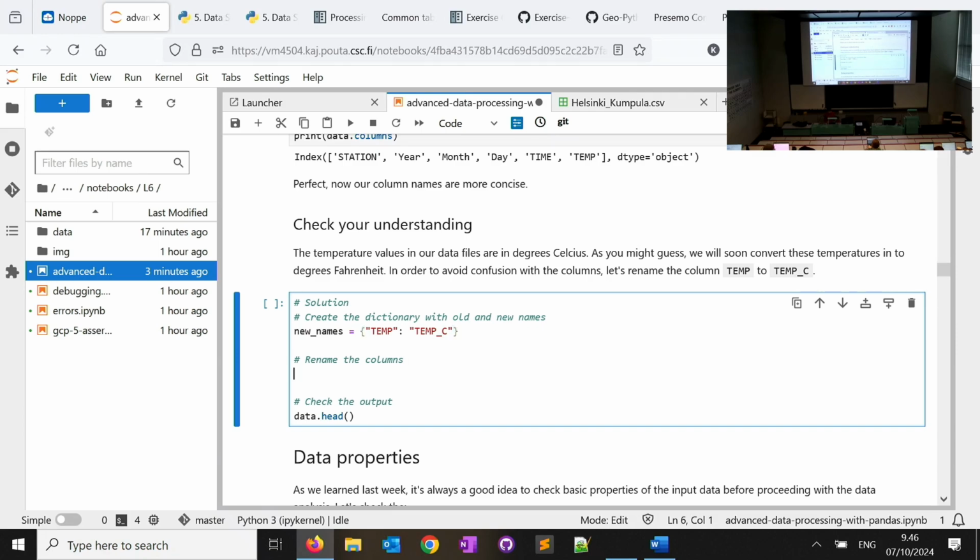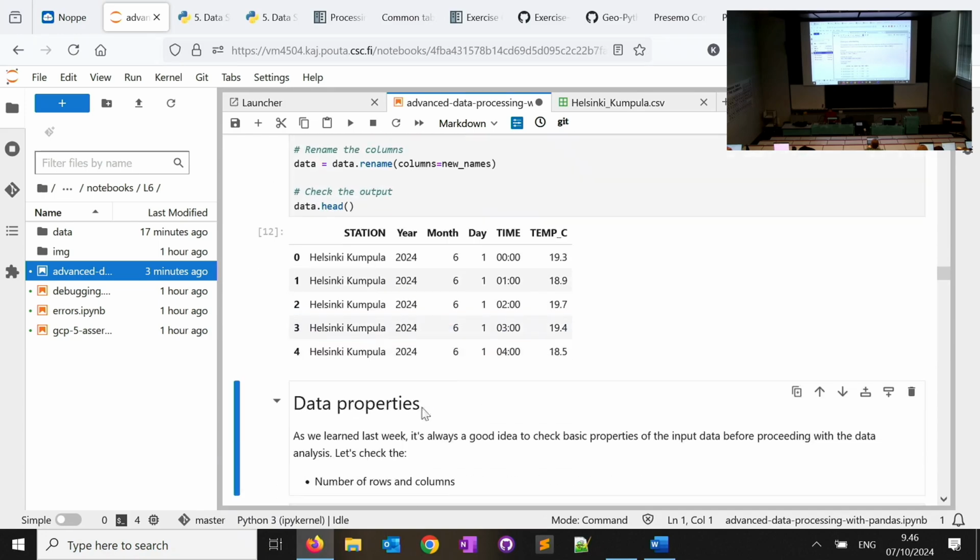And then renaming, data equals data.rename. Then what we need to provide as the value for the parameter columns is the dictionary we just created, which is new_names. And then we have the data.head already there to take a quick look at our data.